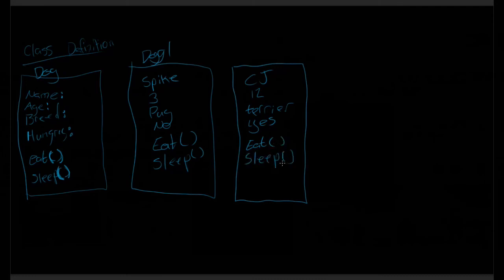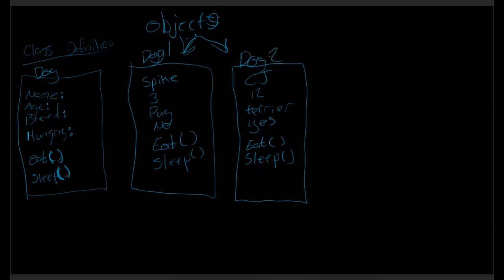So we can actually create as many of these dogs as we want using our class definition. So this is our class definition. These become our objects. So we have two objects here. And each of these objects, even though they're related because they are dogs, they're also individual. They're their own dogs. This one right here is actually dog